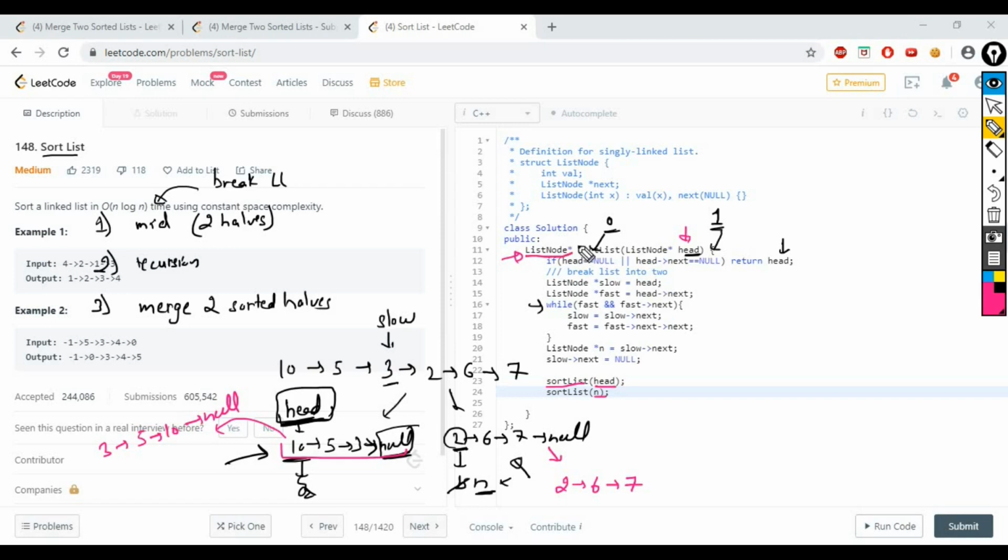It also returns list node star. Basically it returns the head of the sorted linked list. So it will return 3 from here and it will return 2 from here. We are not storing the address, so let's say the name of this node is A and the name of this node is B. So A and B are the 2 linked lists.